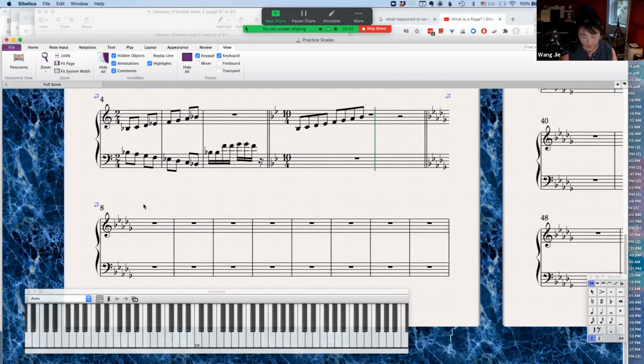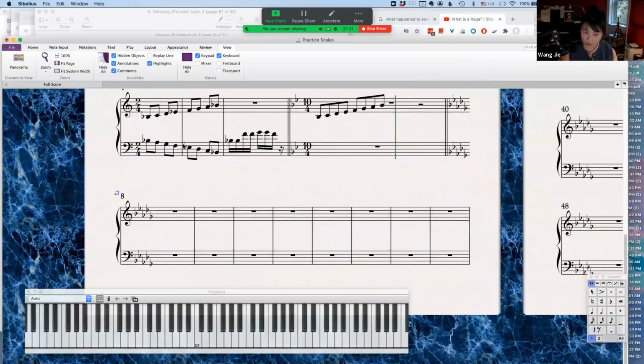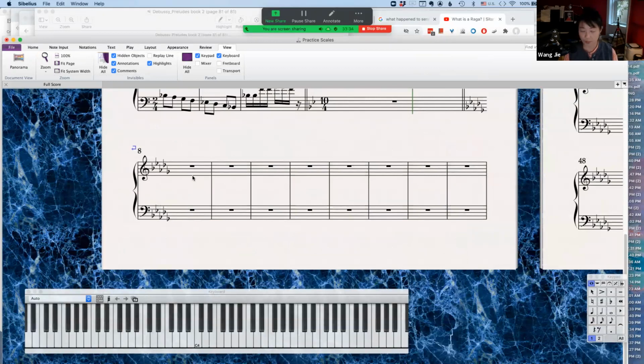And this is D flat major. So what you can do, this is very advanced, of course, but the principle applies. You highlight the bar, and then you type N for note entry, and this is quarter note selected. That's fine. And D flat major starts with D flat, D flat,